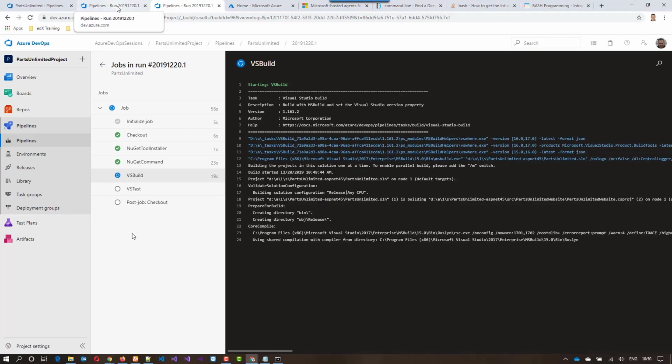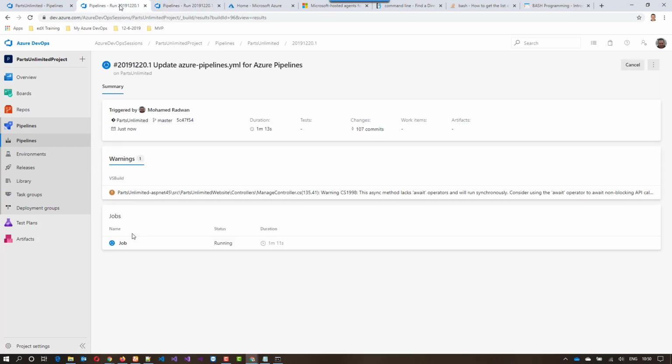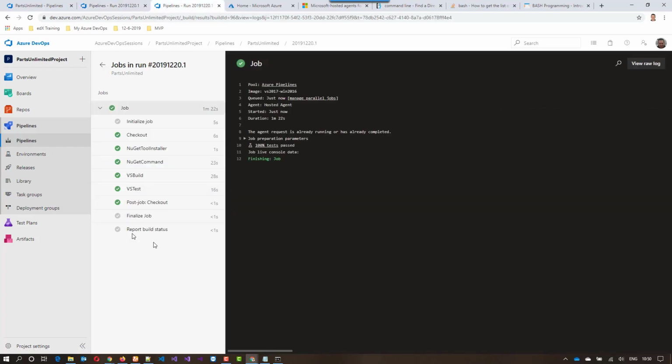Now it's building the application. I'm speeding up all of that, but I leave that to have the full experience. As we can see here, it is running the unit test. Now the test is complete. And as we can see, I can navigate to the test result from here. If I click here,